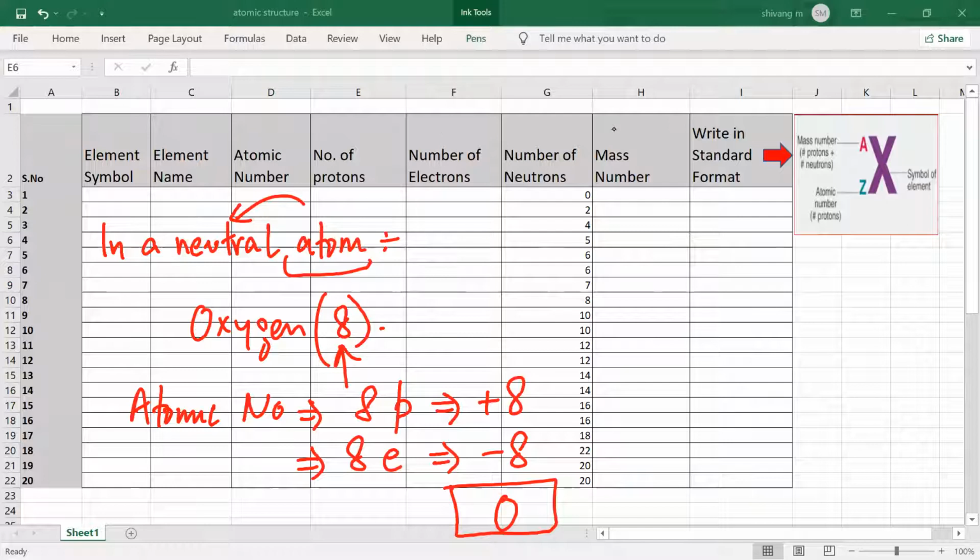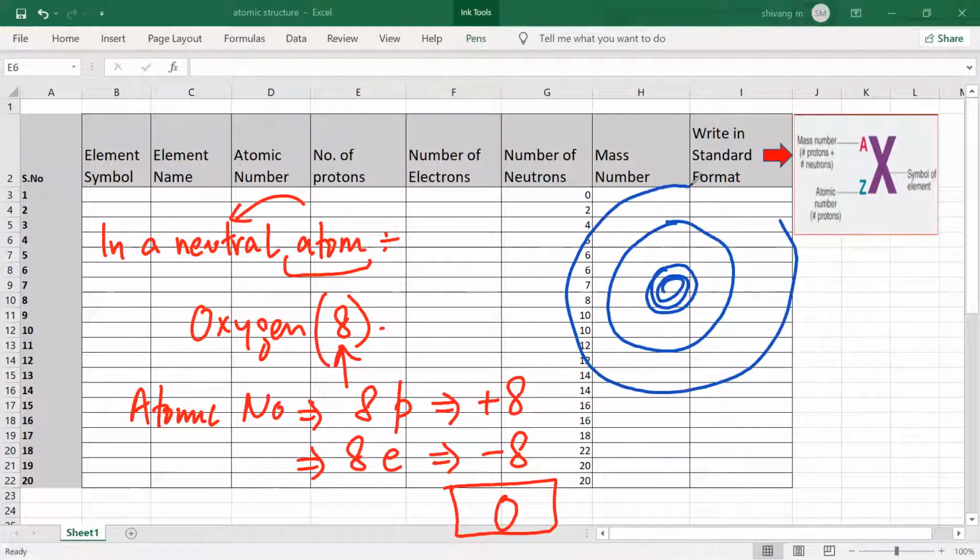Okay. Now, there are one or two things that we need to understand here. So roughly what we have understood is that for an atom, there is a nucleus. What does the nucleus have? Protons and neutrons. Shabash. I'm signifying protons by P, neutrons by N, and electrons by E. Is it okay? Yes. Okay.